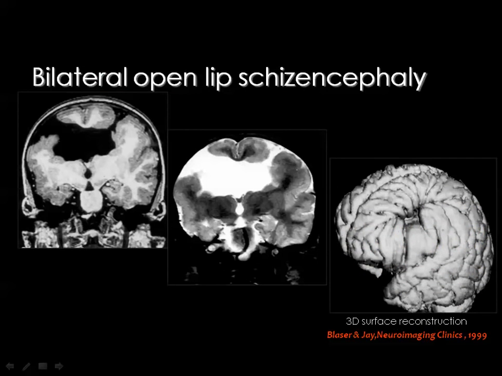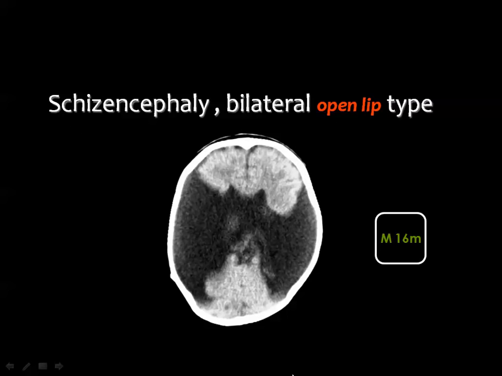Then this is a bilateral open lip schizencephaly, a small one on the left side and a wider one on the right side. But the most important issue here is you see the gray matter, which is lining the cortical defect. And this is bilateral open